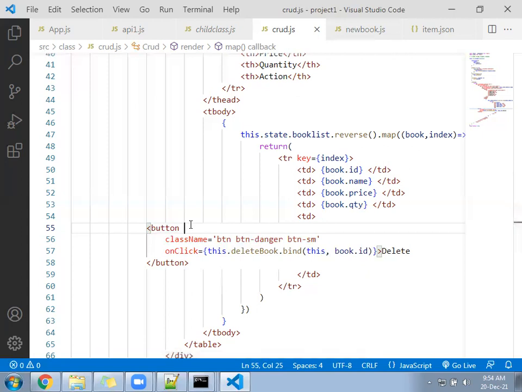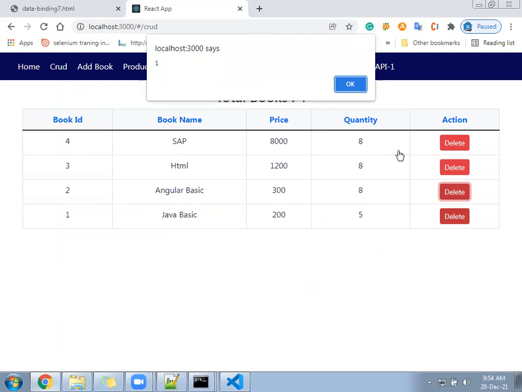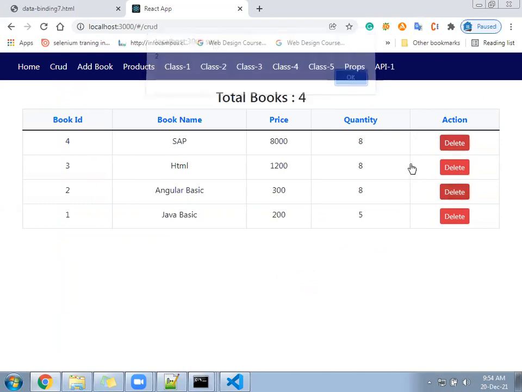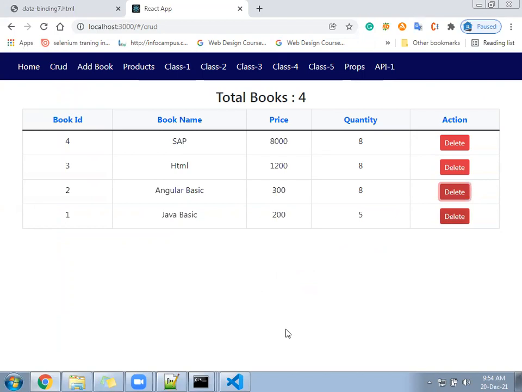Hope the alert will come as you click on the button. Alert is giving the ID. Book ID will come as an alert if you click on the delete button.